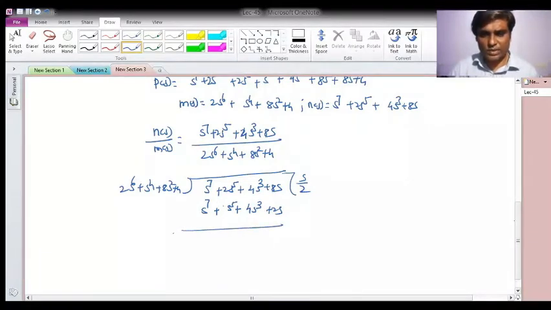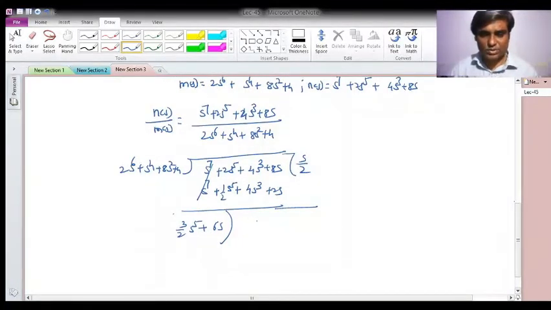Okay, it will be 1 by 2, and then this will be vanishing, so now it will be 3 by 2 s raised to 5, 4s cube also has been vanished, plus 6s. Okay, so again you see there is a missing term in odd polynomial also. So let us see whether it will be terminating or not.